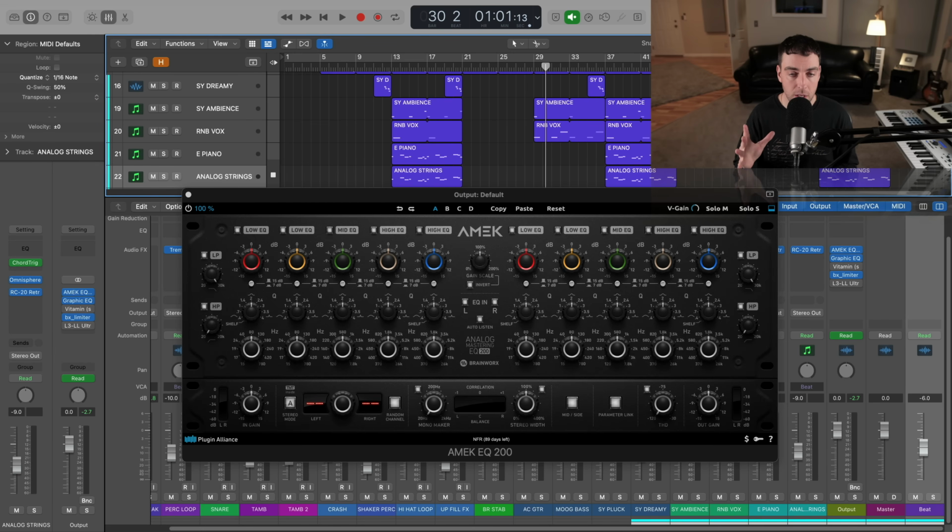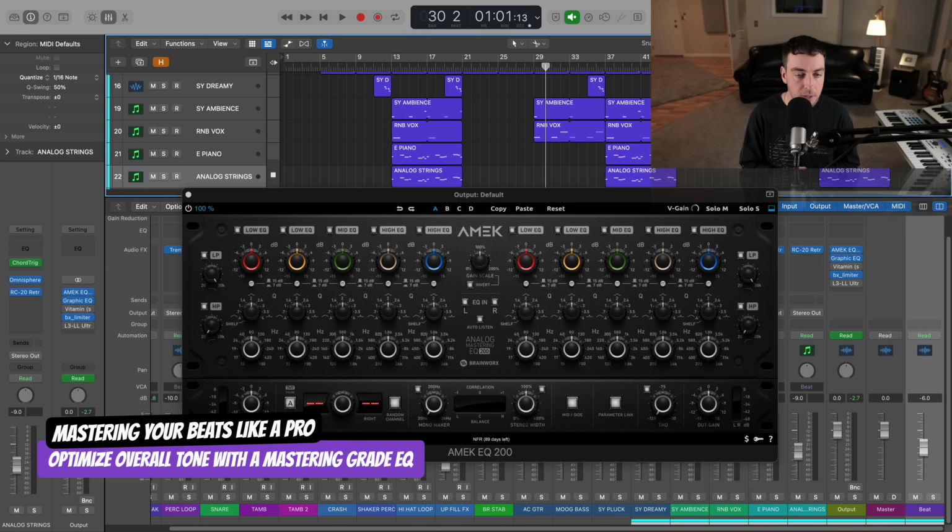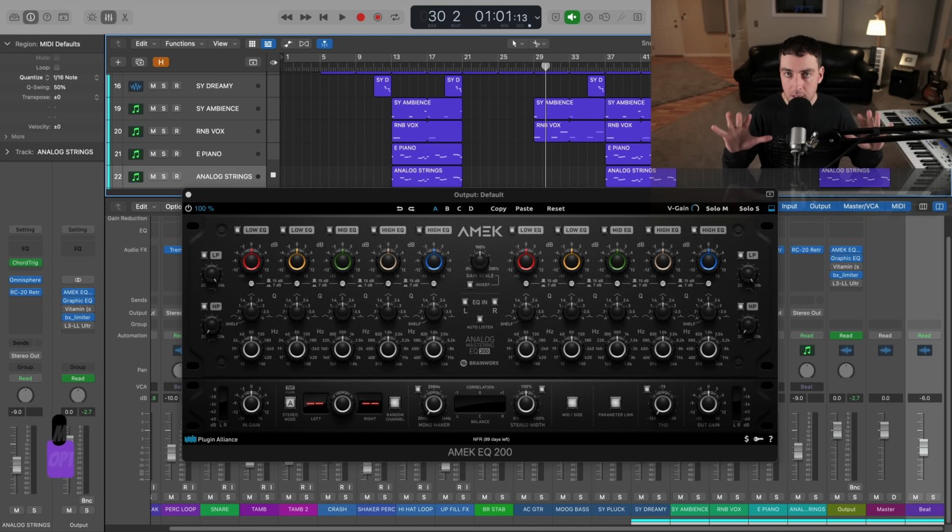First process that we're going to utilize in terms of mastering your beats is to optimize the tone, or to utilize an EQ. And some of you are going to have to do more work in this regard than others in terms of how your mix is balanced. That's perfectly fine, but the great thing about utilizing EQ on the master is we can make very few moves, and it's going to make a big difference in terms of that tonal balance here.